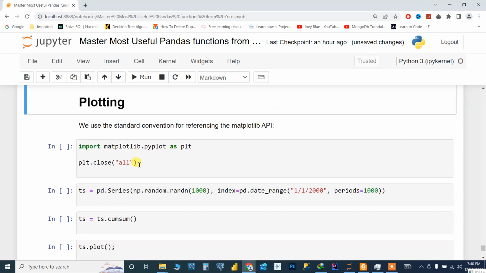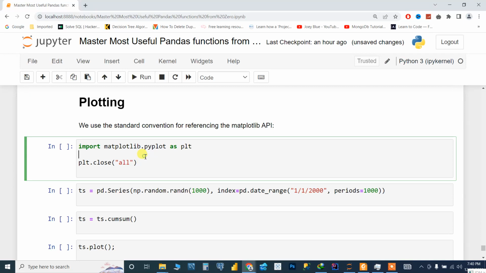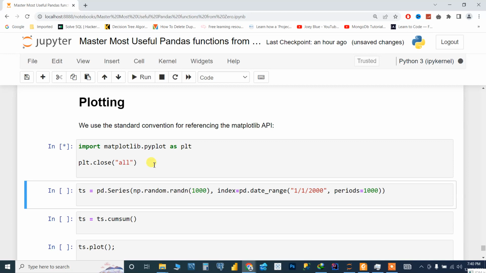Now the next thing is plotting. Whatever you observe, if you plot it in graphical form, it is very, very useful. So just import matplotlib dot pyplot as plt, and close all the existing plots if you have any open. Now I want to plot some data set. In order to do that, I will first create some series, pd.Series,